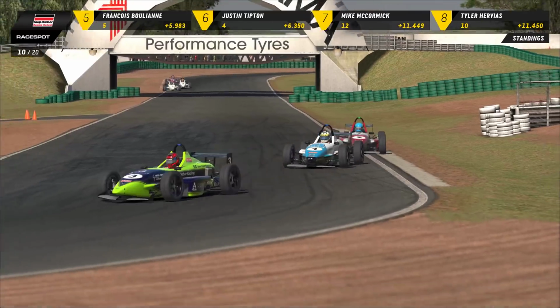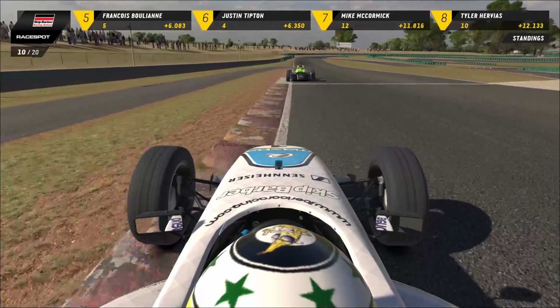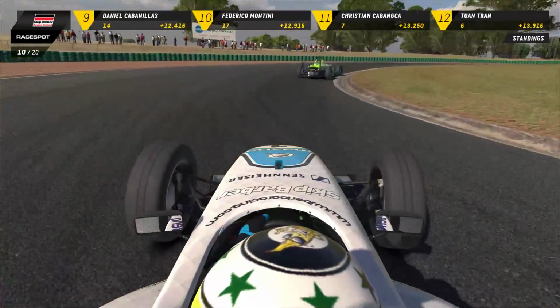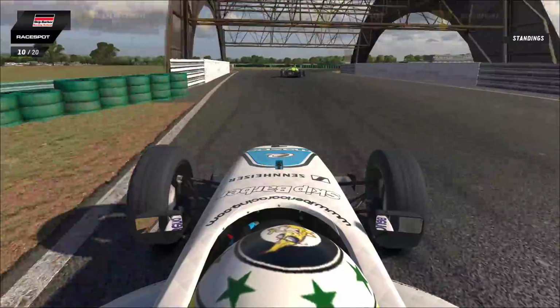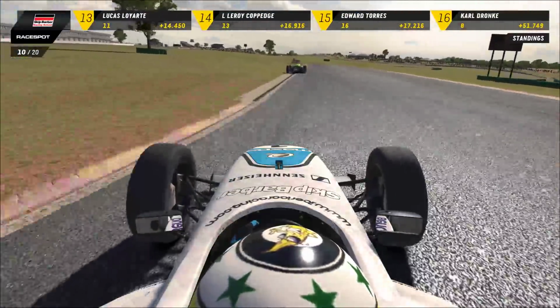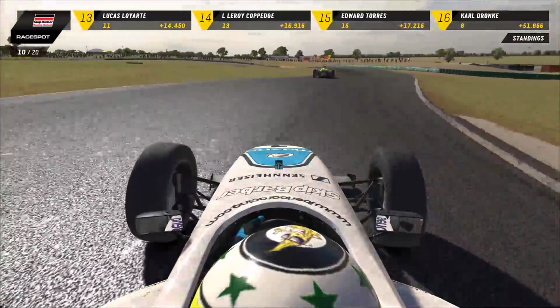But it could also be Areca Lopez trying to give himself some breathing room perhaps, and trying to make Joshua just relax just that little bit, so that he gets way too comfortable, makes a mistake, and that's when Areca Lopez will go for his chance. 0.2 of a second was the pace difference last time through for Josh Anderson compared to Areca Lopez, and Addy